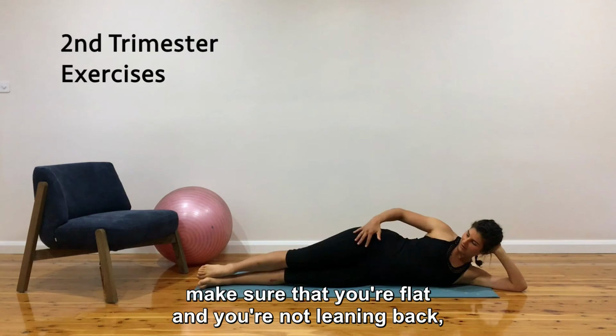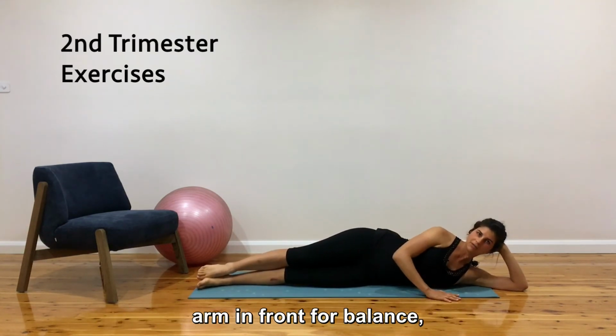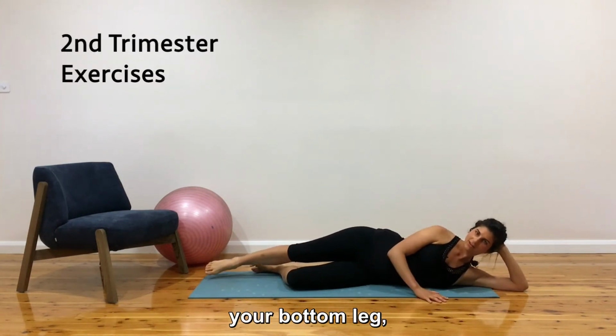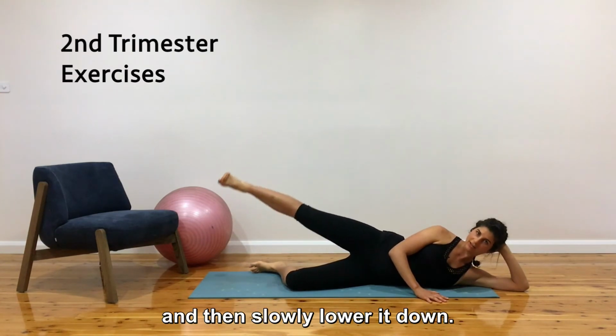Make sure that you're flat and you're not leaning back. Make sure that you are side on your hips. Arm in front for balance. And what you're going to do, you can bend that leg slightly for balance. Your bottom leg on your top leg, keep the leg straight, lift your heel up, and then slowly lower it